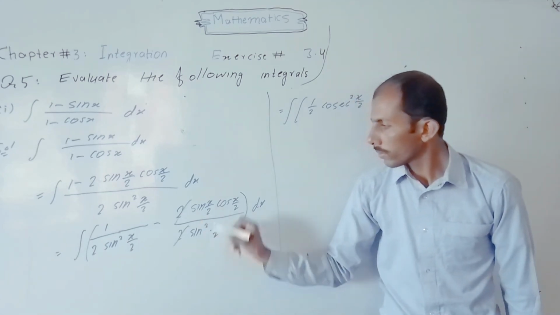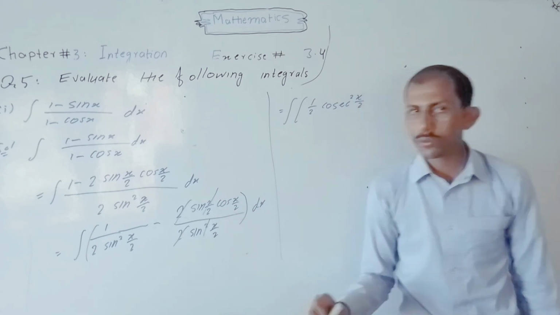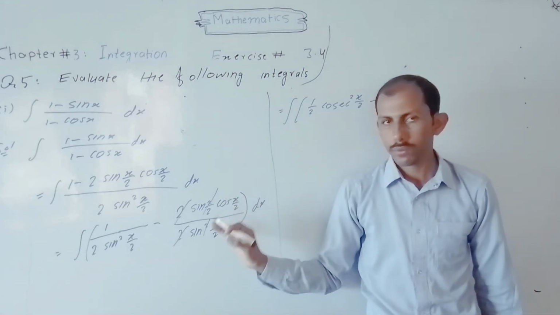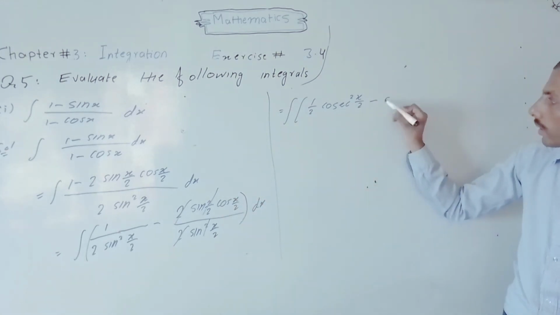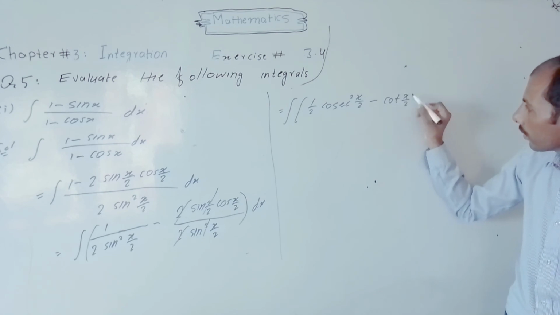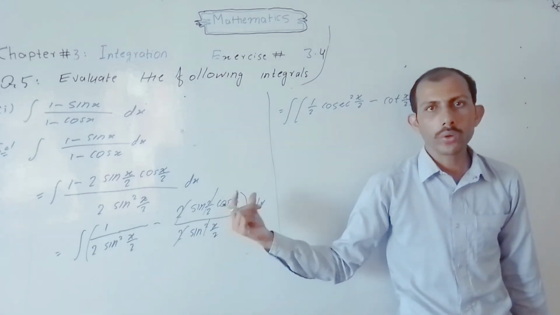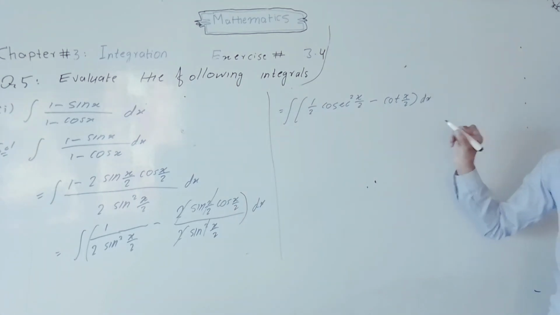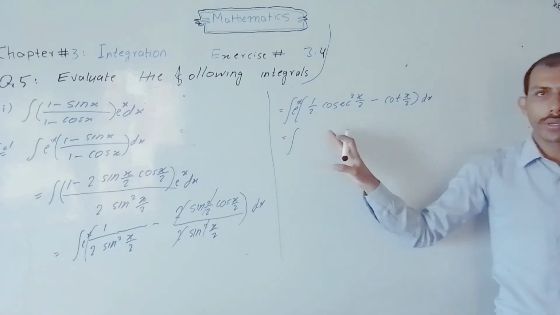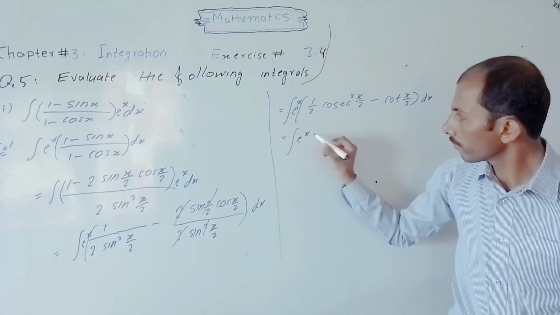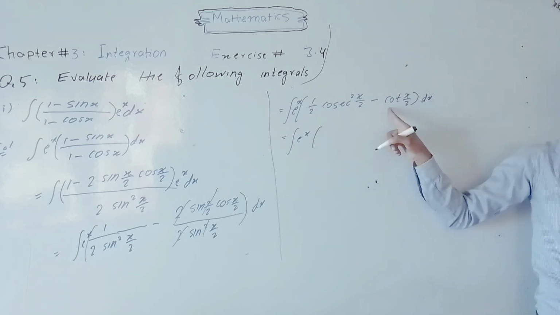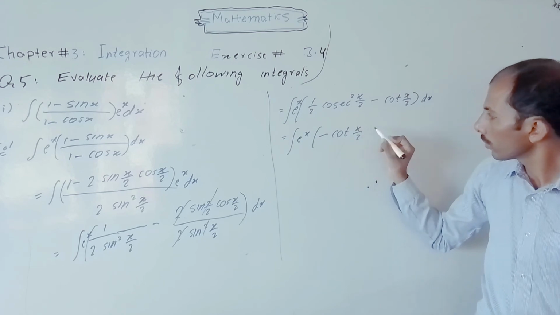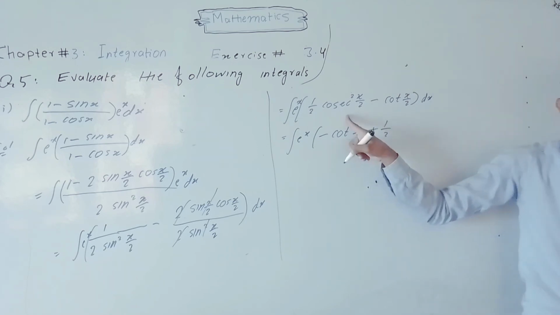The sin x over 2 square cancel, so cos x over 2 divided by sin x over 2 is equal to cot x over 2, sin over cos is equal to cot x, into dx, which is equal to integral e power x into (minus cot x over 2 plus 1 divided by 2 cosecant square x over 2)